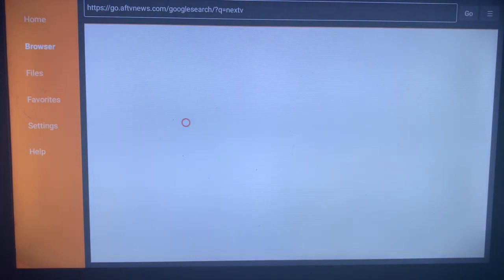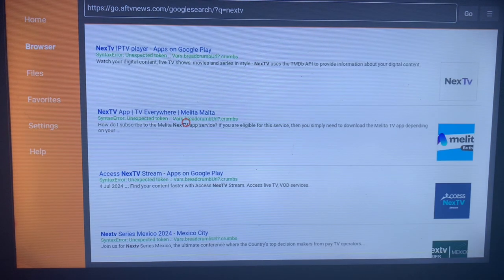Once you click on Go, Downloader is going to show you the sources on the internet where you can install the Next TV application to your smart TV. Alright, so you just have to make sure you are using the right option. And I can see this first option looks like the right option. So you click on that and it's going to lead you to where you can download and install Next TV